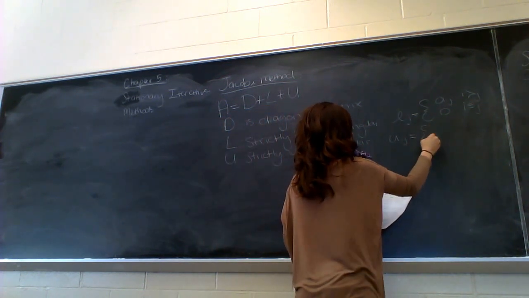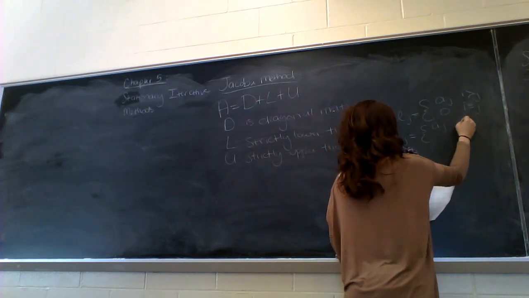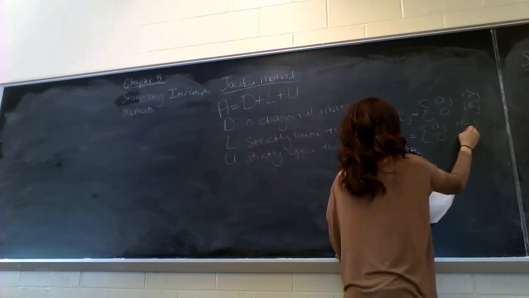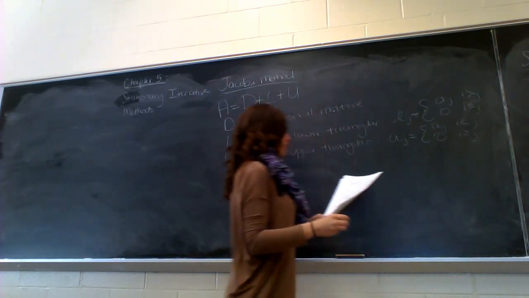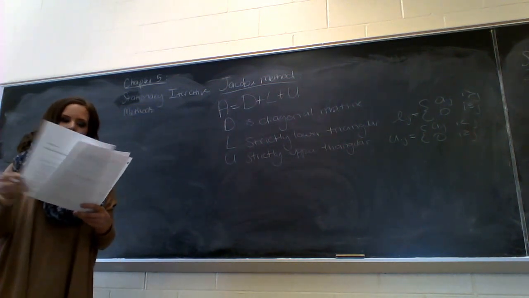So U_ij is equal to a_ij where i is less than j, and it's 0 anywhere else. Okay, so now that we've defined D, L, and U,